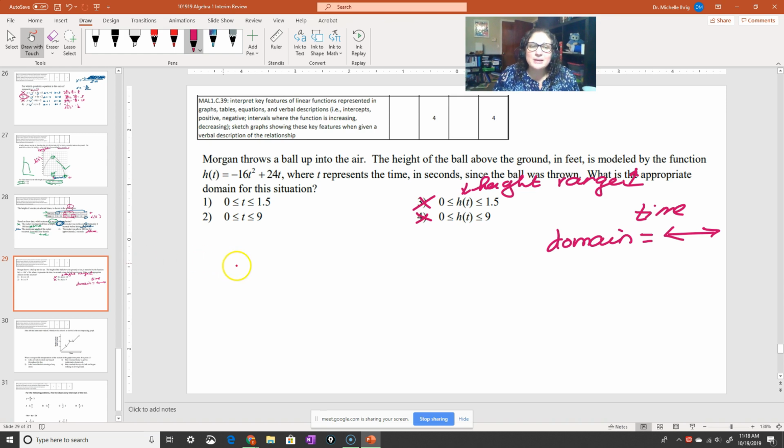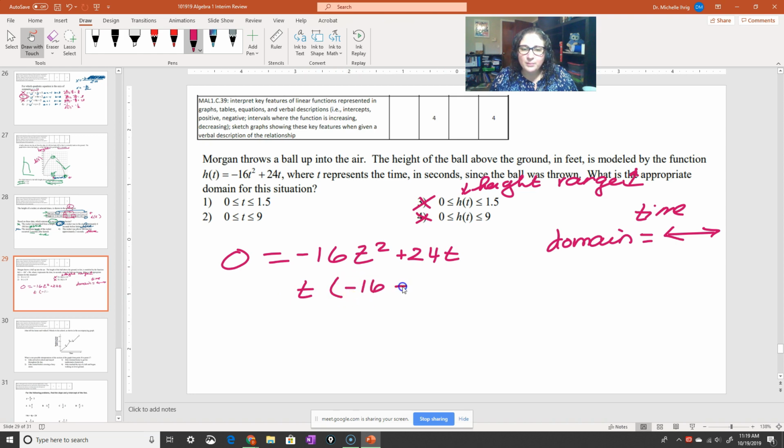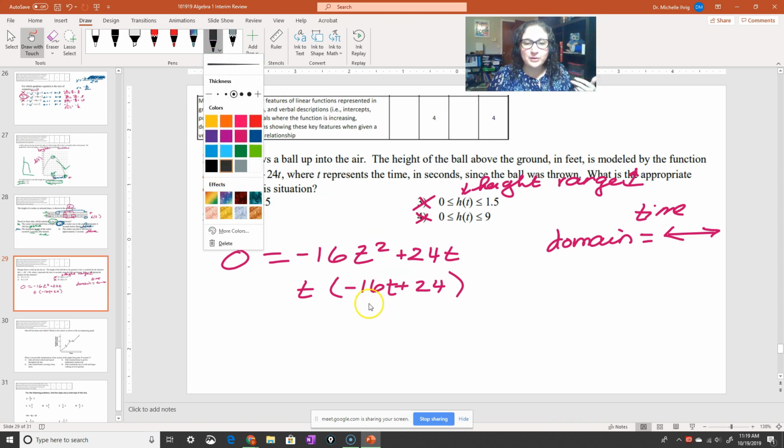So now we just need to solve. And we solve it by plugging 0 in for the height. Because the ball starts, we're going to pretend the ball starts on the ground. So it goes up and then down. So here we're going to plug in 0, and then we're going to write our negative 16t squared plus 24t, and then we have to solve. First, I'm going to factor out a t to make my life a little bit easier. And then what I need to do is set each one of those things equal to 0 and solve it. And that's going to end up giving me the 2 values that I need.